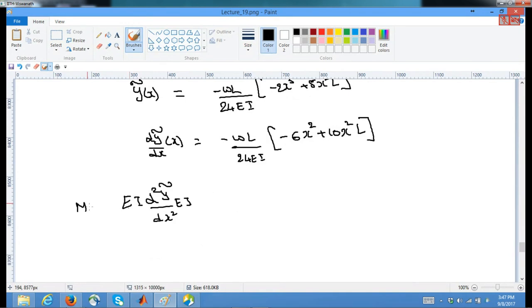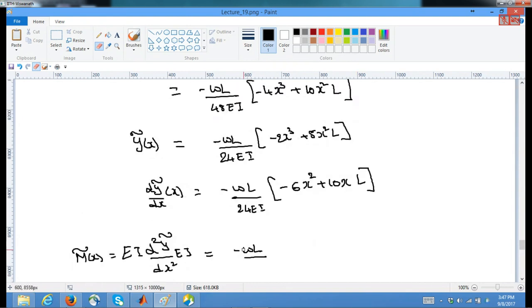This is not M of x, it is M of x obtained through the approximation y tilde, which we call M tilde. It's already 12. So this is 12 EI into